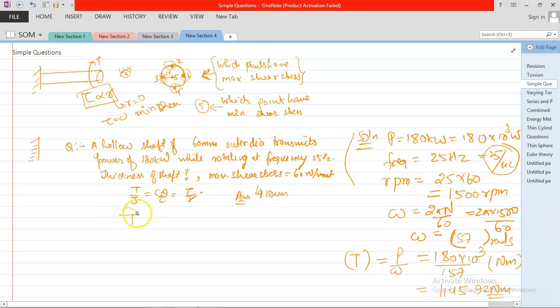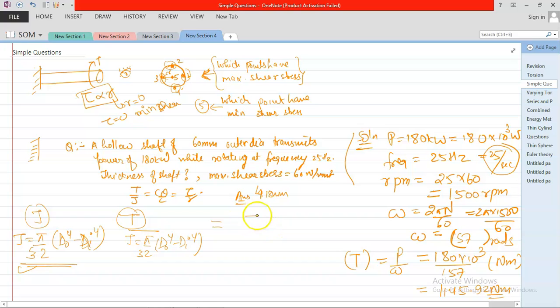Okay, now you got the torque. So T you got, J you can obtain. What is J? J is pi by 32 into d outer to the power 4 minus d inner to the power 4. This is for the hollow shaft. I hope you remember in your mechanics course. You need to find di only. So T by J, that is pi by 32 d outer power 4 minus d inner power 4,